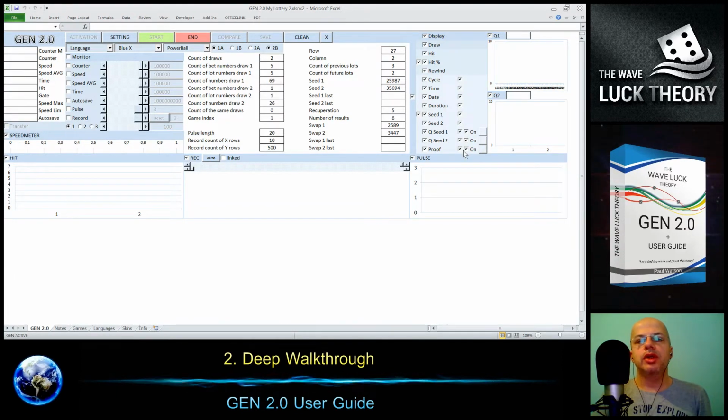They will not influence your result. Even if you do not select them, you will get the same result. It's just about seeing more things on the sheet and being able to decide and analyze.